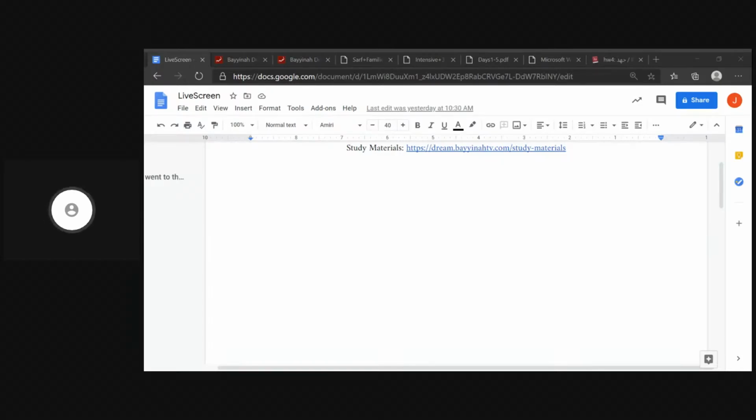Can I add pronouns to commands and forbidding fi'als? Yes, you can. For example, if I said kataba yaktubu, which means to write. The command for yaktubu would be uktub. Uktubhu. If I said uktubhu, I added the hu at the end. That would mean write it. So yes, you can add pronouns. Or la taktubhu. Don't write it. Perfectly valid.